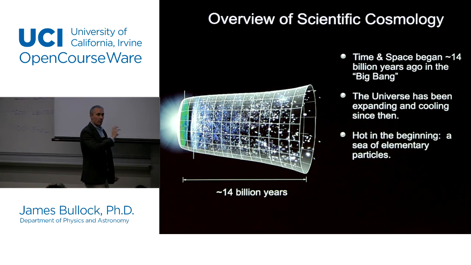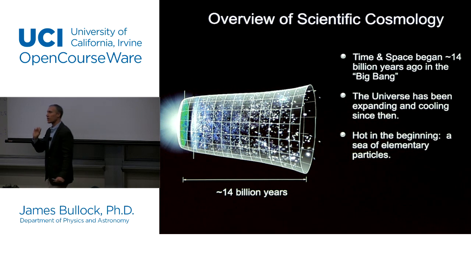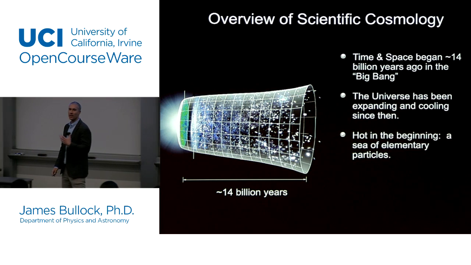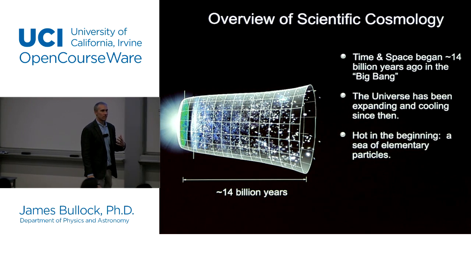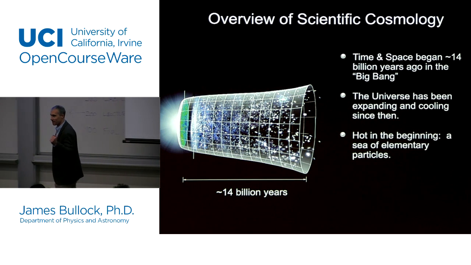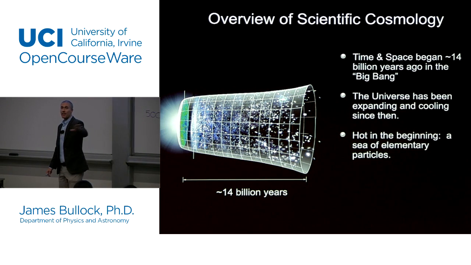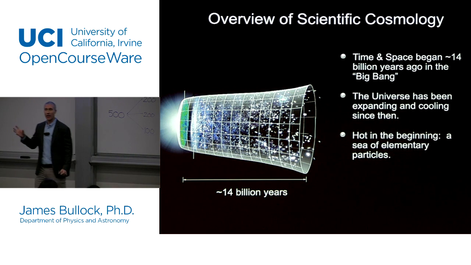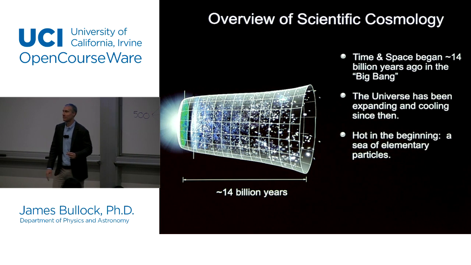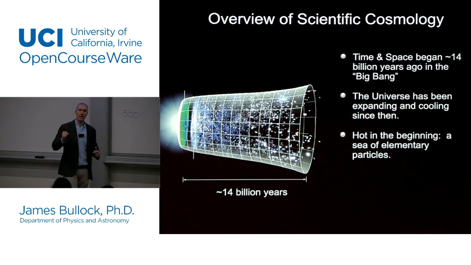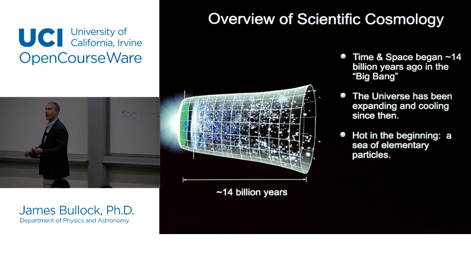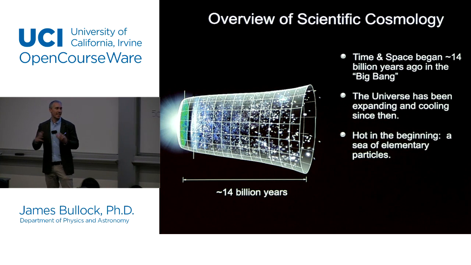So because the Big Bang was born so dense, it was born extremely hot. And in fact, it was so hot that nothing complex could exist in the beginning. Another way to think about that is, imagine you're in this room and we start cranking up the heat. Everybody leaves because it's going to get really hot. We keep cranking up the heat. It gets so hot that the seats start to melt. And we keep cranking up the heat. It starts getting so hot that even the liquid can't stay liquid and begins to evaporate. So suddenly we have this gas.